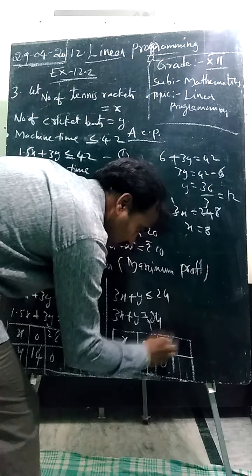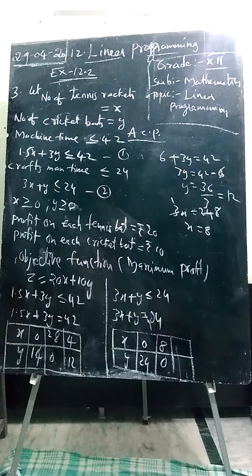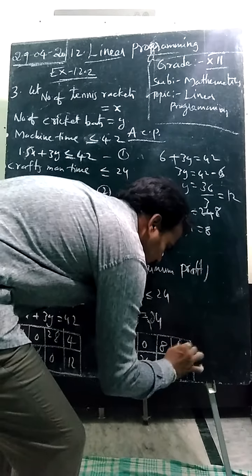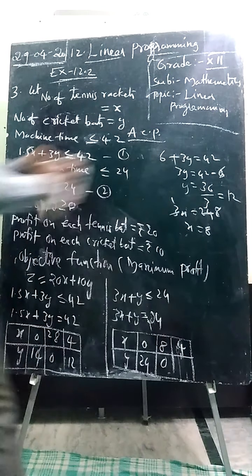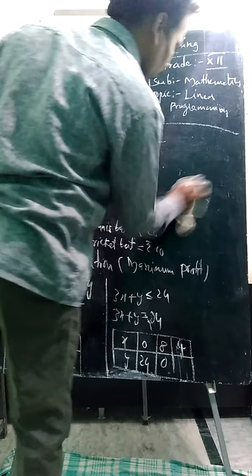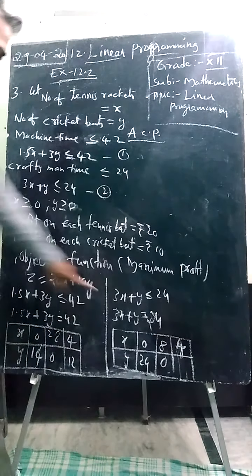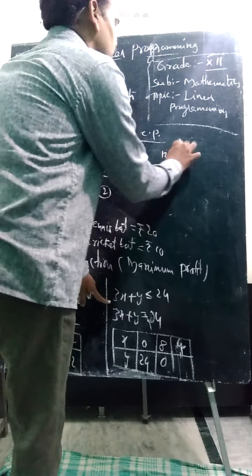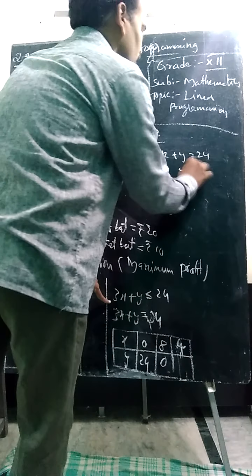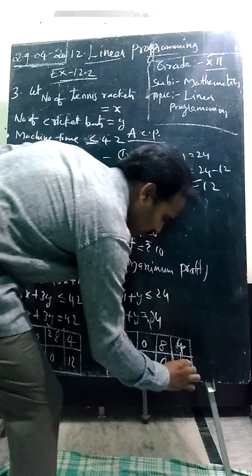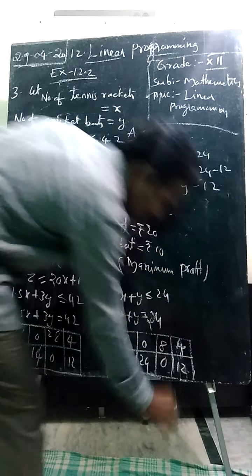As you know, from 8th or 9th class onwards you are learning how to solve a pair of equations. Same, we will take here 4, students, to get a common point or intersecting point. Let me substitute here. You know how to solve. Put x is equal to 4 in the given equation. 3 4s are 12 plus y is equal to 24. Y is equal to 24 minus 12. So we got here 12. So it is the common intersecting point.